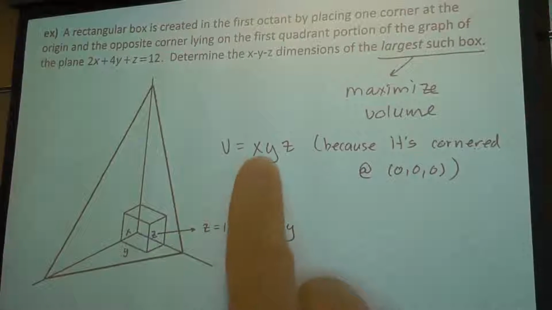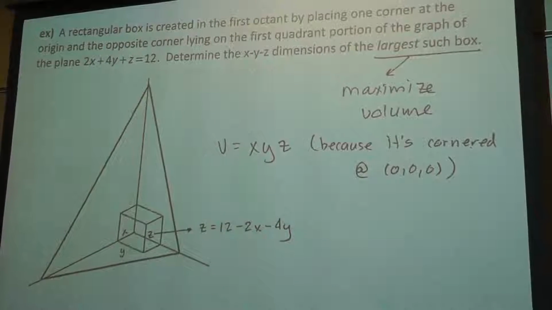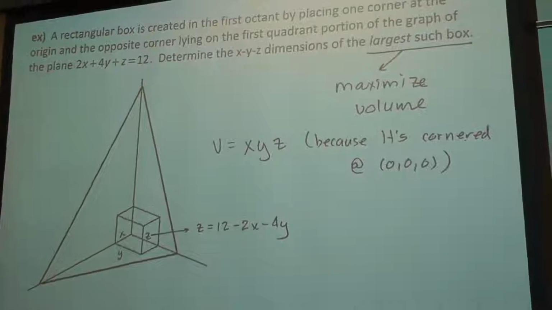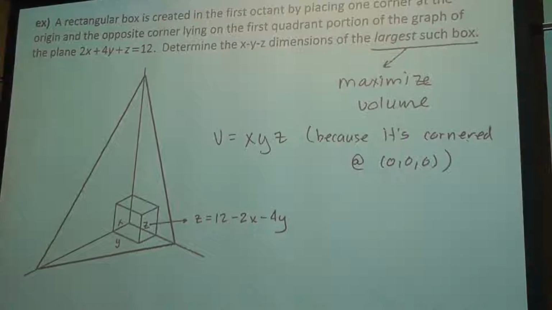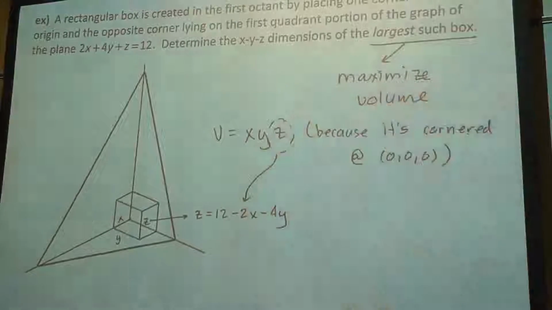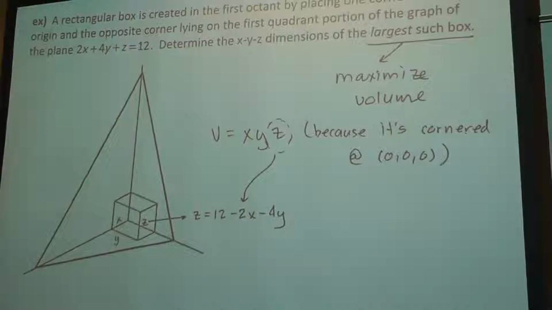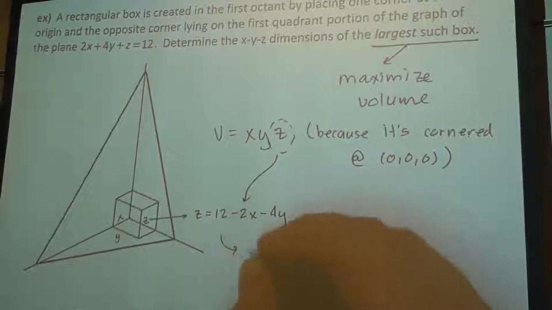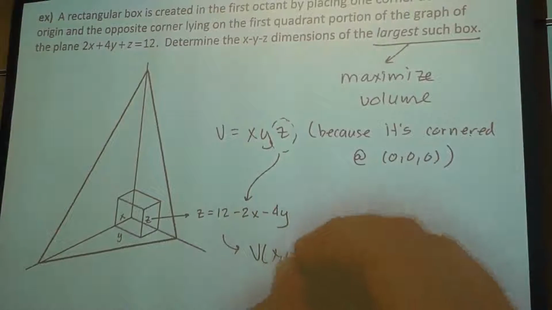But I can only do d-tests on a function of 2 variables. Currently, this volume is a function of 3 variables. So replace your z with what has to be true for any z coordinate on that plane, and that turns our volume function into a function of x and y, which would still